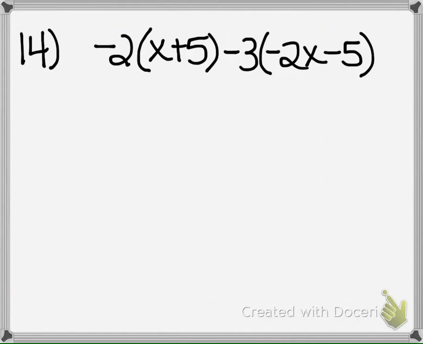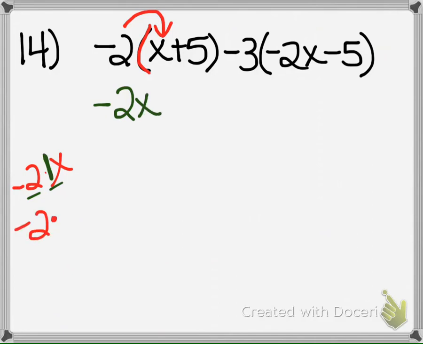Okay, with this example here, again, we have to distribute first, just like we talked about in the previous problem. So we have negative 2 times x, and remember there's a 1 here, so negative 2 times 1 is negative 2x, and then we have a negative 2 times 5, which is negative 10. Now over here we need to be careful because this is not 3, we need to look at it as a negative 3. So we're going to do negative 3